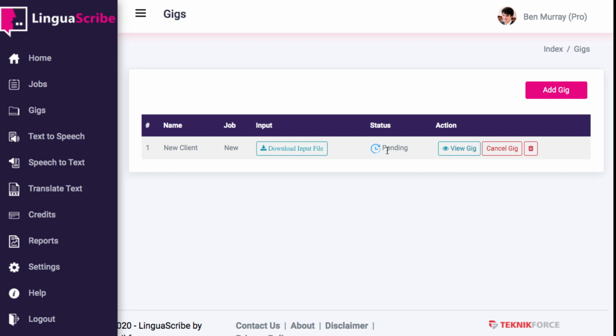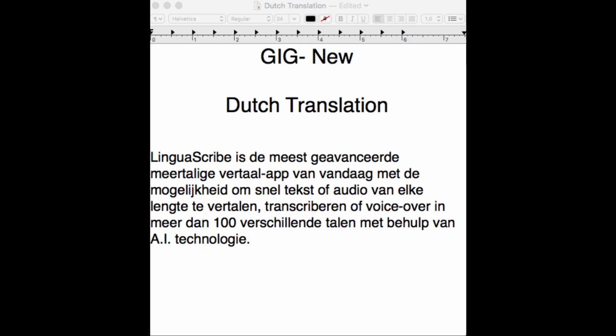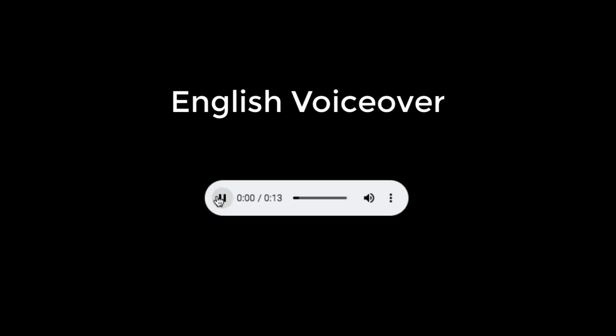In just a matter of minutes, we'll have a translated VSL text into Dutch and then have access to our Dutch voiceover and an English voiceover ready to drive traffic and then sell to your client. LinguaScribe is the most advanced multilingual translation app today with the ability to translate,